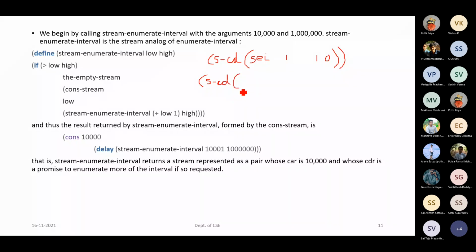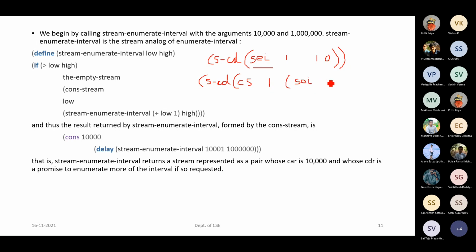Now, when I have applied this procedure call, we have this cons-stream, which I am writing as CS. Cons-stream, what is my low value, which is nothing but 1. After this, we have the stream-enumerate-interval, SEI.